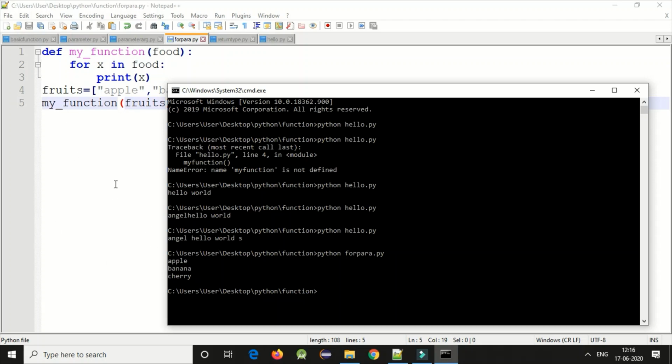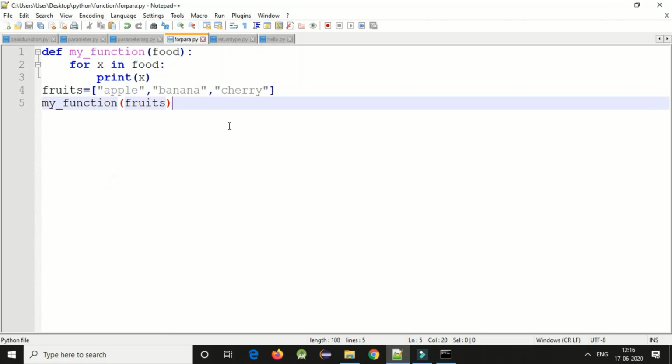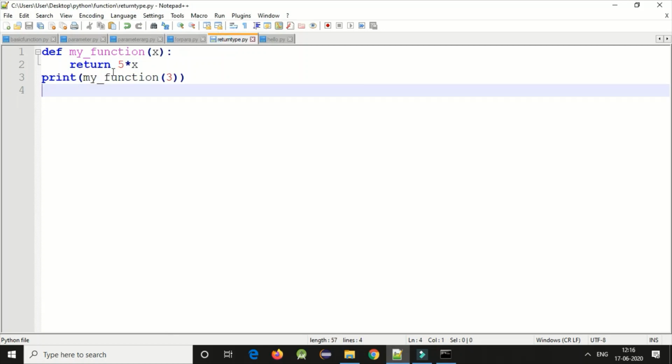So now likewise you can do the return type also. For example, I have created one function. In that I am passing one parameter, that is x, and returning 5 times x. I am writing print because I didn't give any print message inside the function, so I have to print the value. That's why I am giving it here, print my_function 3.